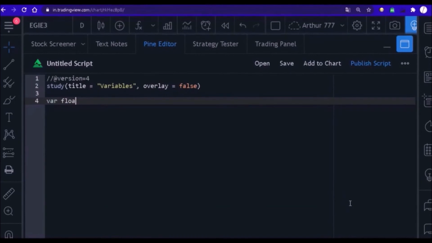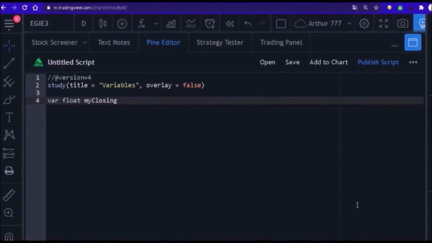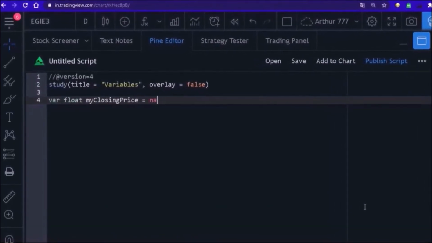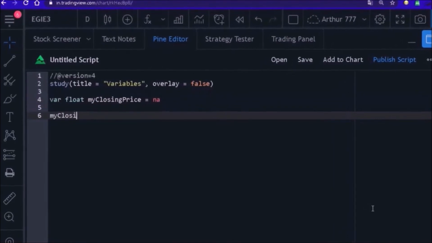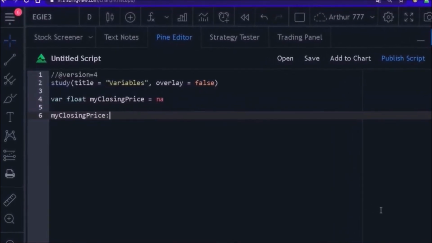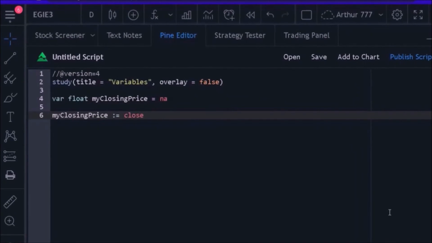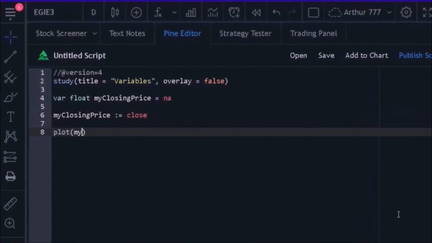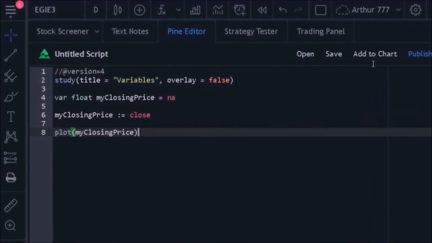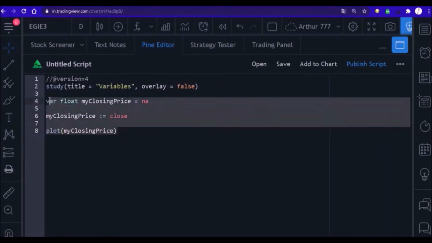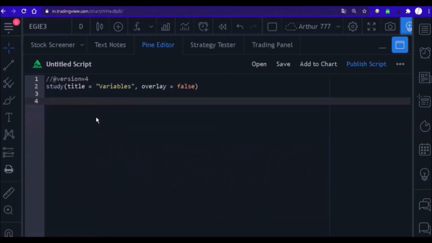For example, we can create a variable called myClosingPrice and use it to store the closing price of the stock. This variable will be called by the name you enter and we will store what you want. Just as we use boxes to store objects, so we use variables to store values that are important for the strategy we are creating. Whenever we are going to declare a variable, we need to say what its type is,